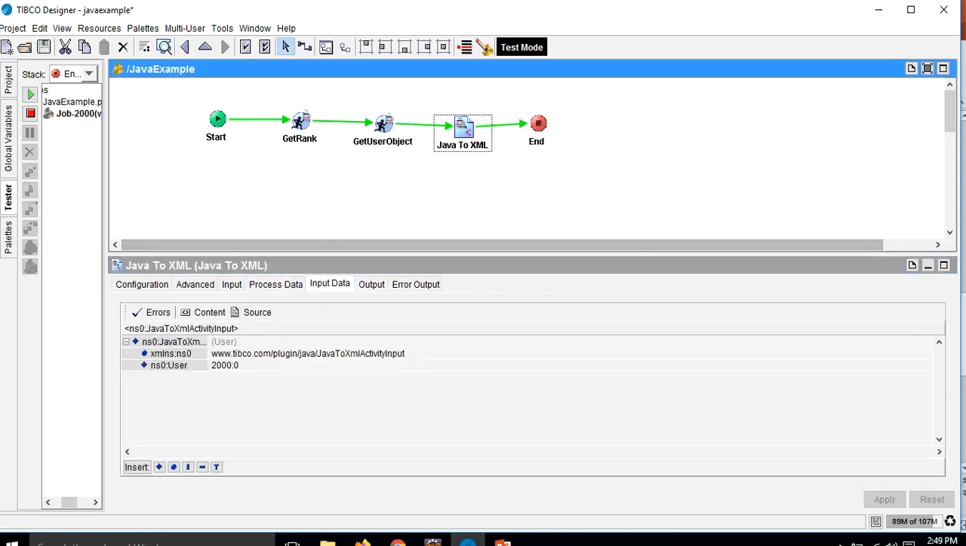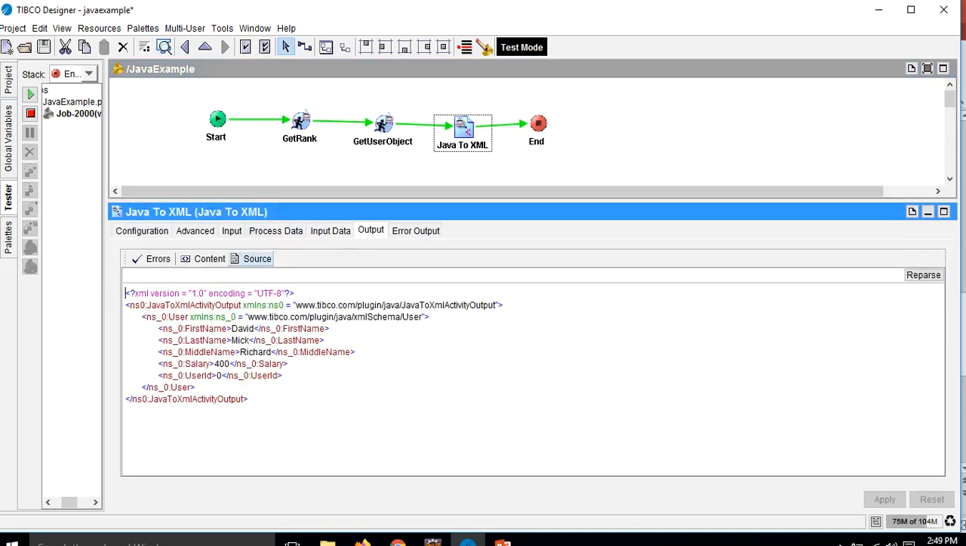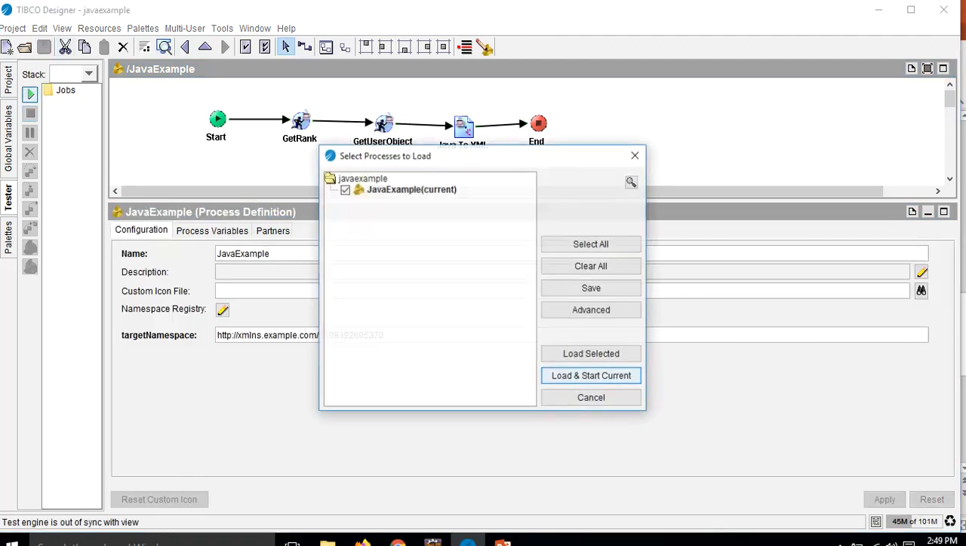So in Java to XML, in the input we are passing the same object, but if we go to the output, you can see that now we have an object in the XML format. So we have all the information for the user with the first name David, last name Mick, and middle name as Richard, and salary is 400. Now, if we change the input to an even number like 22, then we should be receiving a different object